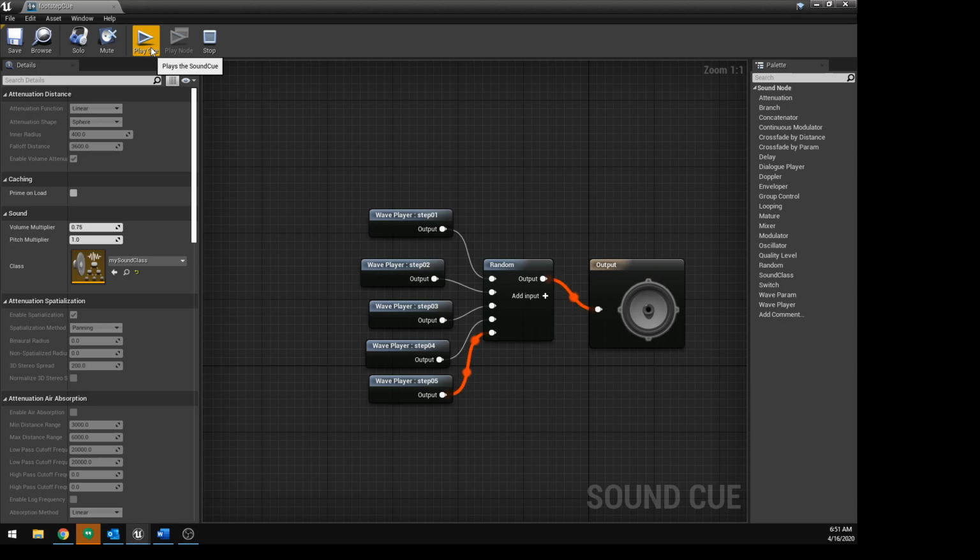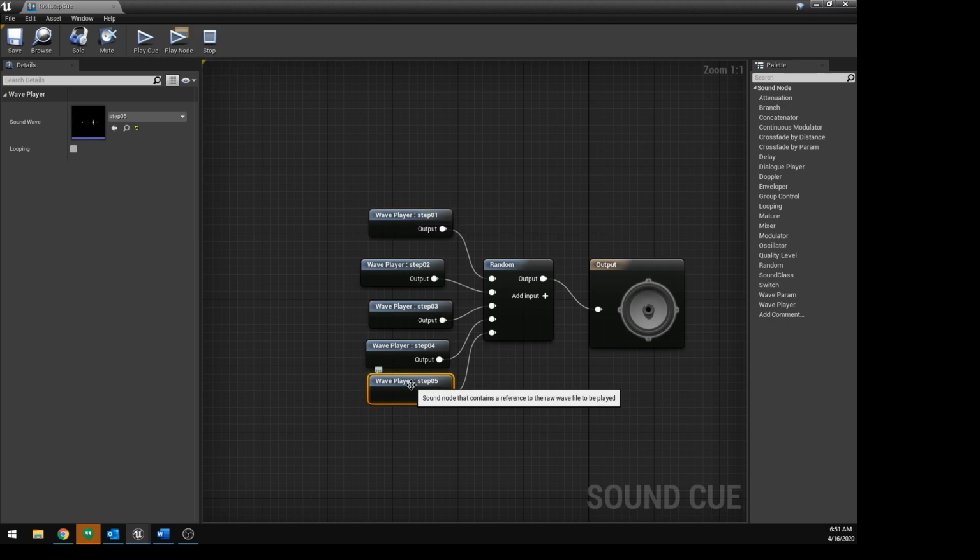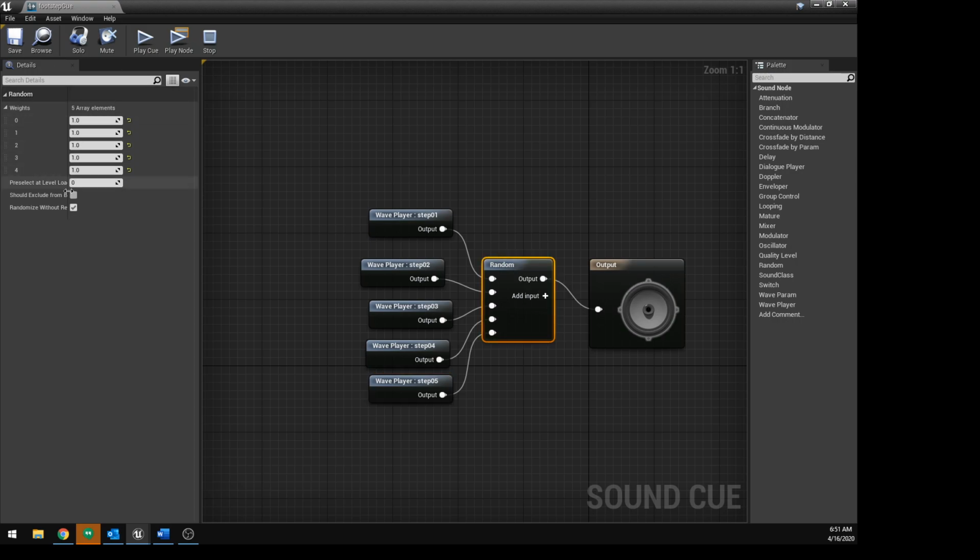Okay, so maybe we want to cut down the randomness on this so that we're getting mostly the same sound, and then we just get a really different sounding one every once in a while. So maybe we'll give, let's see, maybe like the 0 a bigger weight, like give these 5s, and those other ones can be 1s, because those sound pretty similar. So if we play the cue,